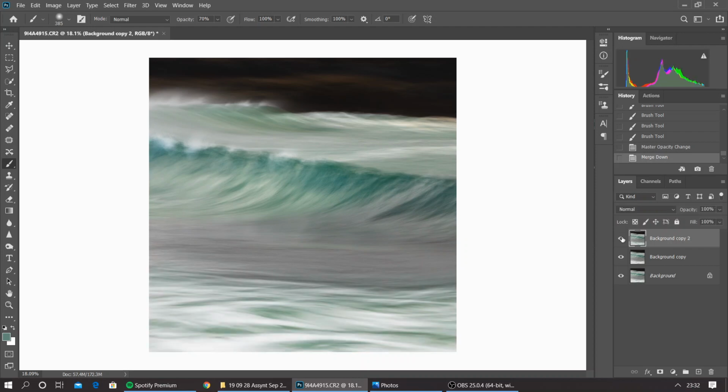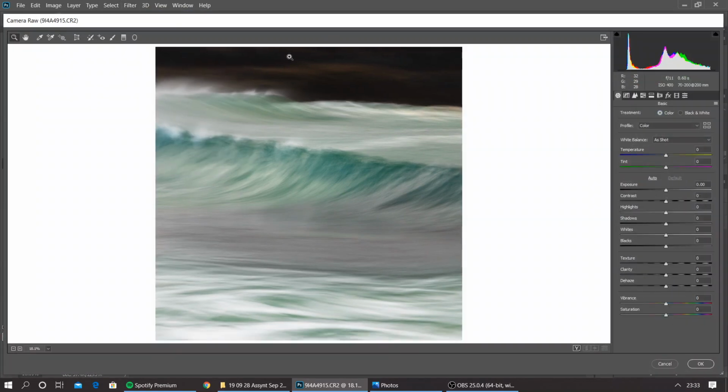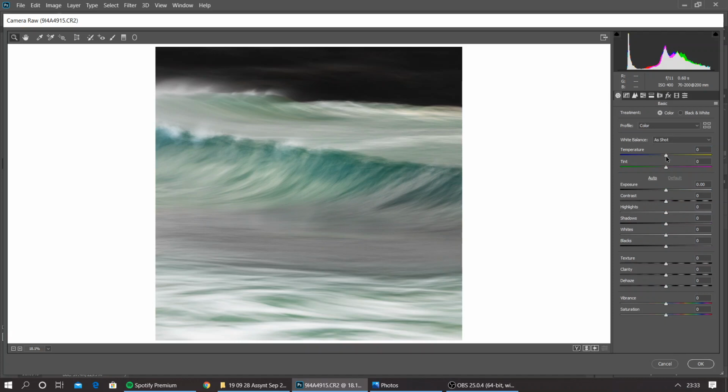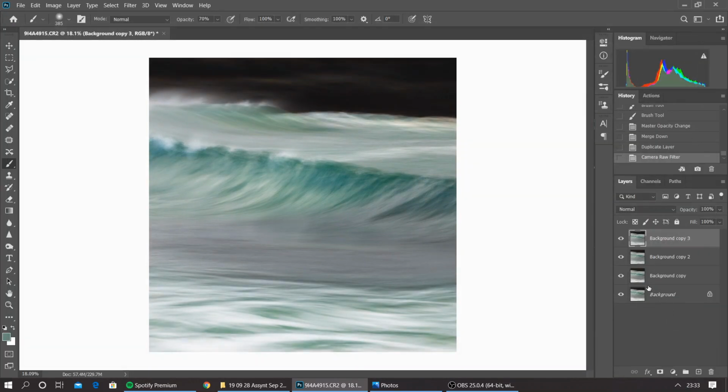I'm trying to think of what else I could do with that image. These oranges that I initially liked at the top, I'm not sure they're really bringing anything to it. So I'll duplicate the layer. I'll go into camera raw. And I think I'll just take the saturation of the oranges down slightly, cool it just a touch. Okay,